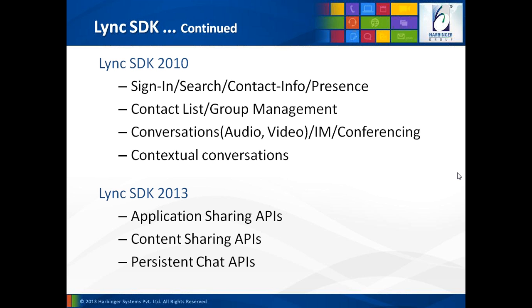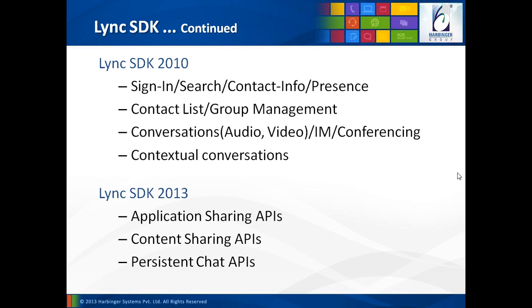If the current user is not signed in, or no one is signed in onto your Lync application, then there are APIs which allow the input of credentials and then allow sign-in. So your application can pop up a login box and you can enter in the credentials and the application will be able to sign in. There are APIs which help searching of contacts onto the Lync contact list, and also there is a set of APIs which helps to retrieve the contact information and presence information of other users and publish the contact information and presence information of the user who is logged in.